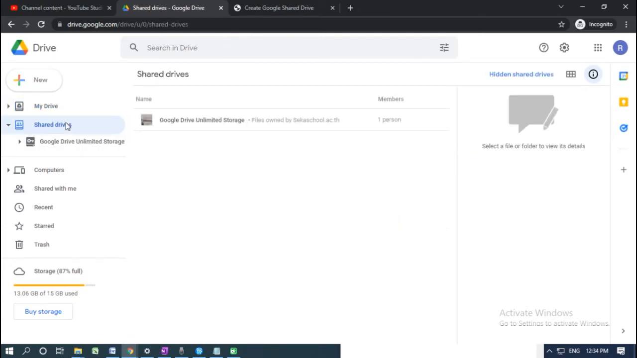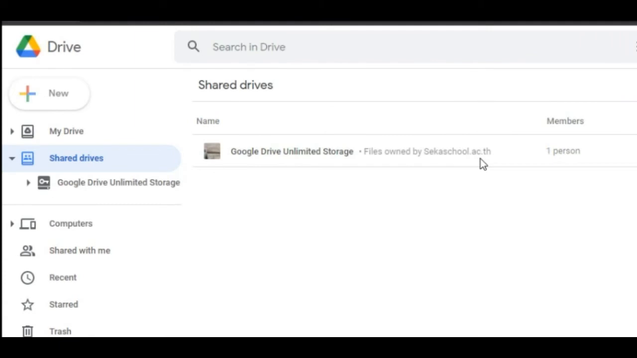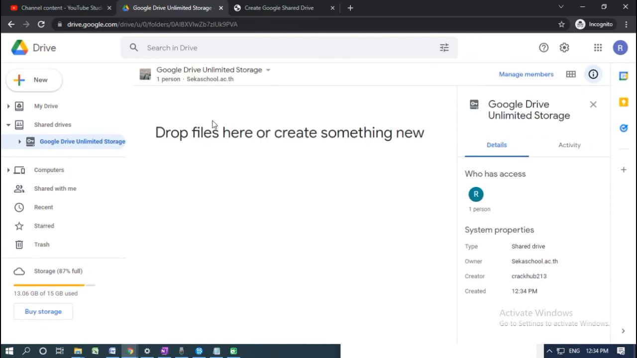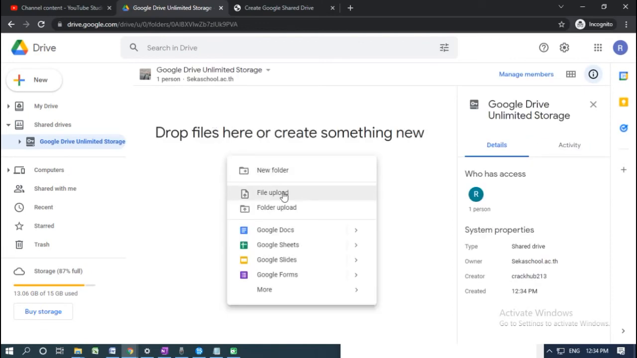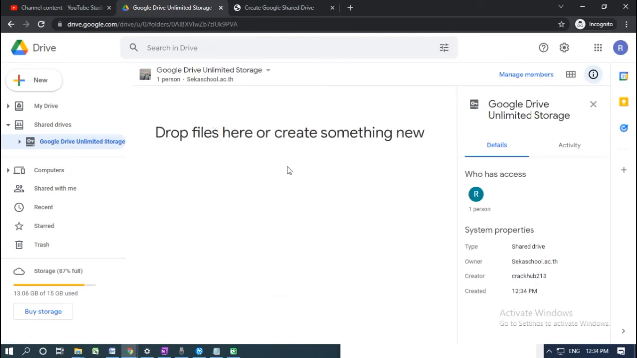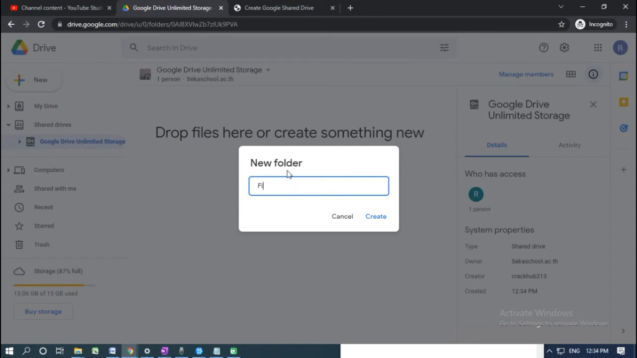You now have unlimited Google Drive storage for free. You can now start uploading files on this unlimited storage. You can also create a folder where you can upload your files. Remember, do not upload personal files on it and always have a backup on all the files uploaded on this folder. That's all, you now have your free unlimited Google Drive